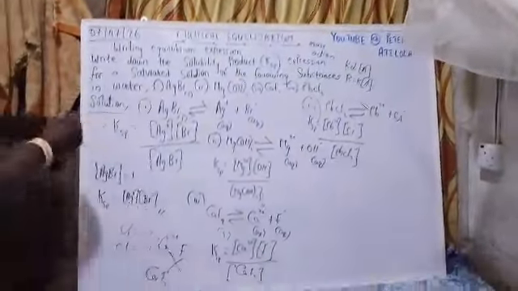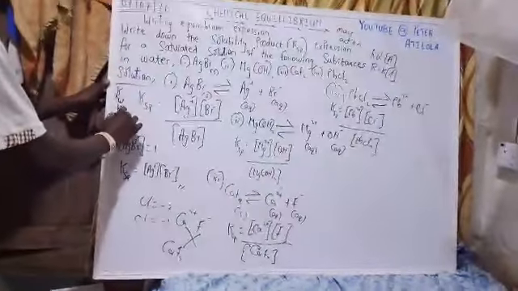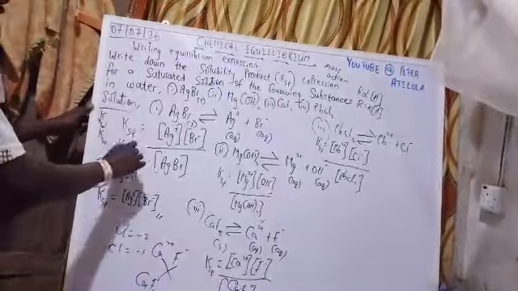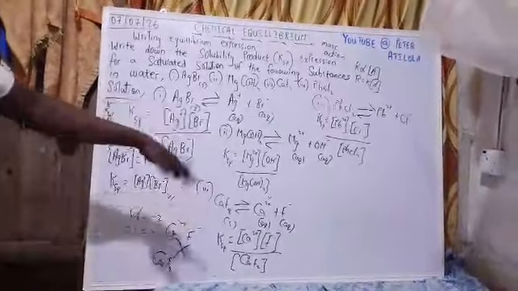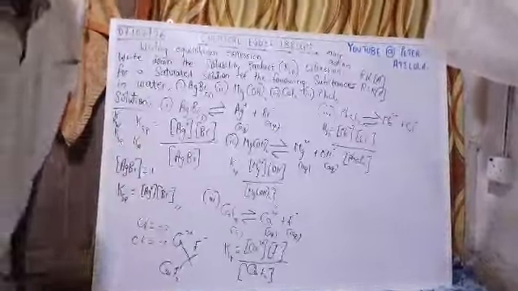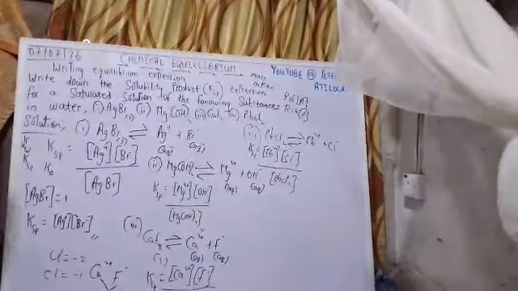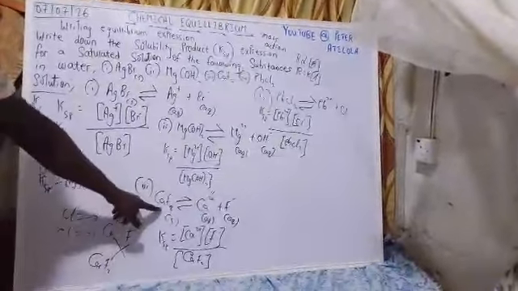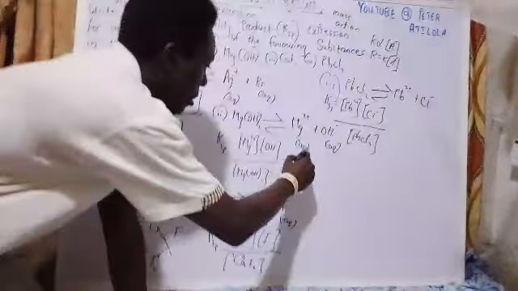We have a lot of K. We have K, KW, KSP, Ka. We have many K, but literally K is equilibrium. But when it is involving solid and aqueous, like solubility product where a solid can dissolve, you use KSP. But just K is for equilibrium expression. Now for this one here, I want us to look at this place. There's something I need to explain about the